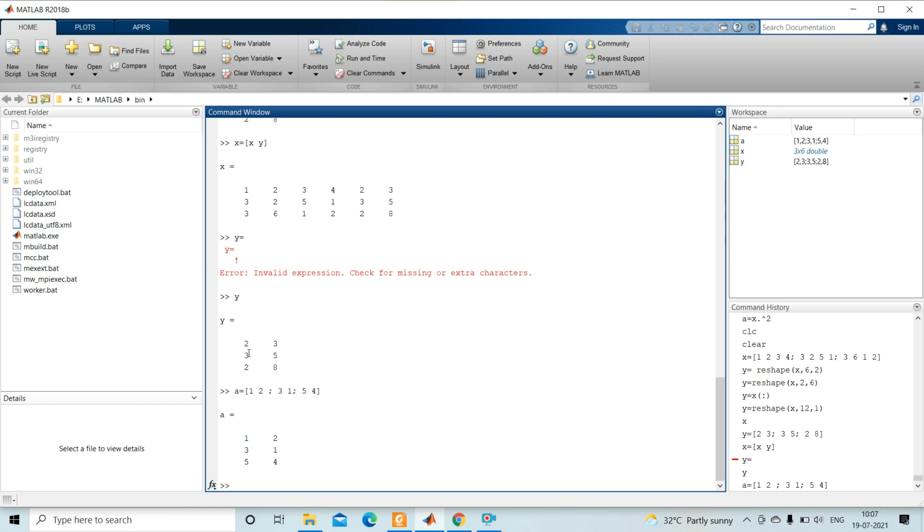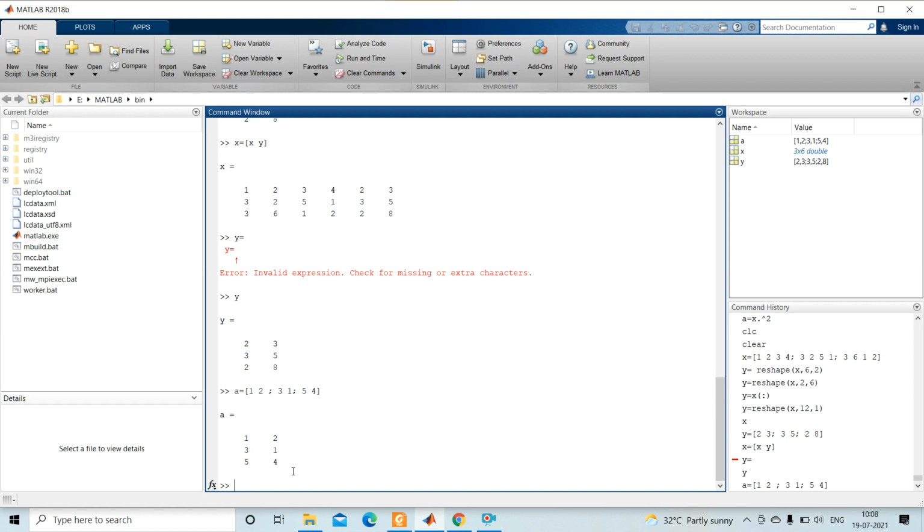Okay, so here see, 3 rows 2 columns, and here also 3 rows and 2 columns. So here I need to add these rows to this y matrix.